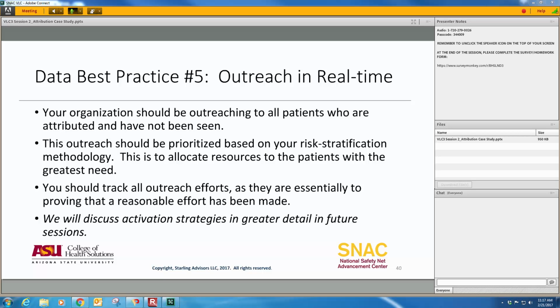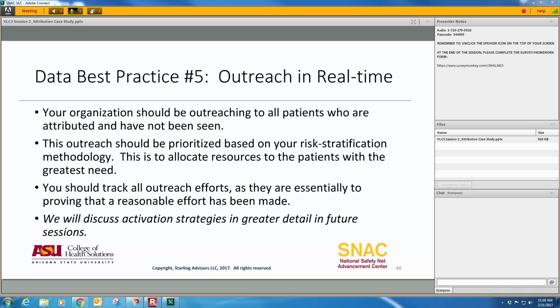We obviously don't know exactly what's going to happen with the Affordable Care Act, but in many of the insurance programs, patients are eligible for wellness visits. If somebody's on your list and hasn't had a wellness visit, get them in for one, because that's one of your best strategies for helping them, rather than waiting for them to only see you when they are already very sick. Outreach should be prioritized based on however you stratify risk to allocate resources to the patients with the greatest